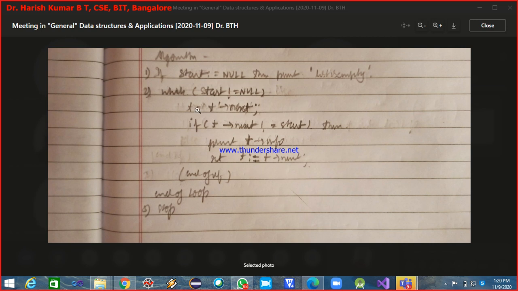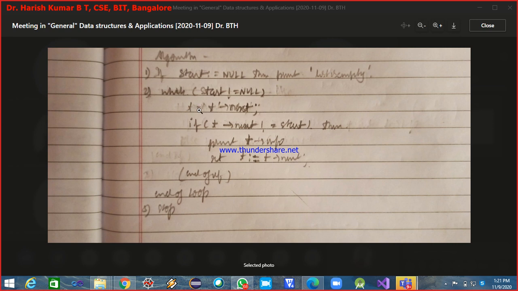What you have written is correct, but it will skip the first node. Start not equal to null is fine, and t is equal to t arrow next is correct, but before starting you have to initialize t and make it point to the starting node.